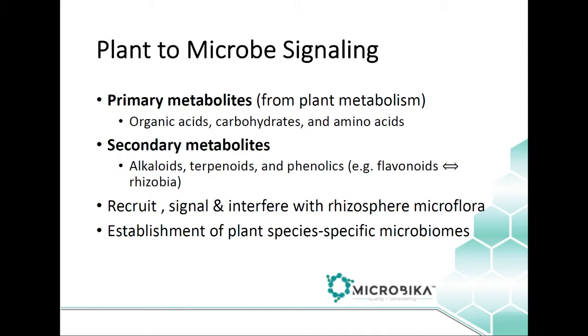So plants use these metabolites or signaling molecules, first of all, to tell microbes here is a source of carbon. So they come to the rhizosphere and they establish this synergistic interaction. Then it also signals its needs. So what's going on with the plant? It's in an optimal state of health, or there's stress in the environment, or there's a pathogen invasion. Everything that's happening with that plant is communicated via metabolites to the rhizosphere microbes,